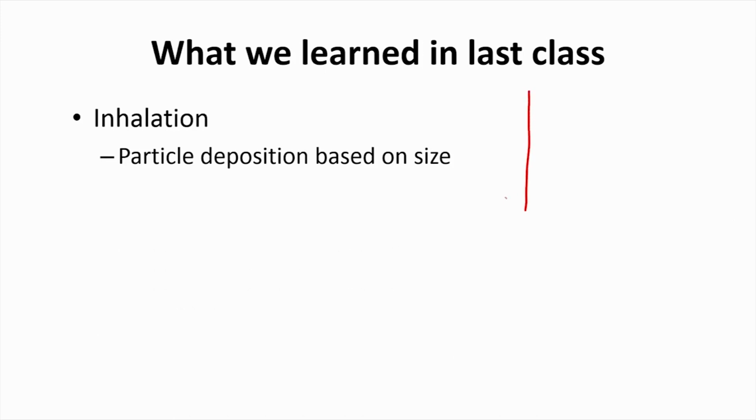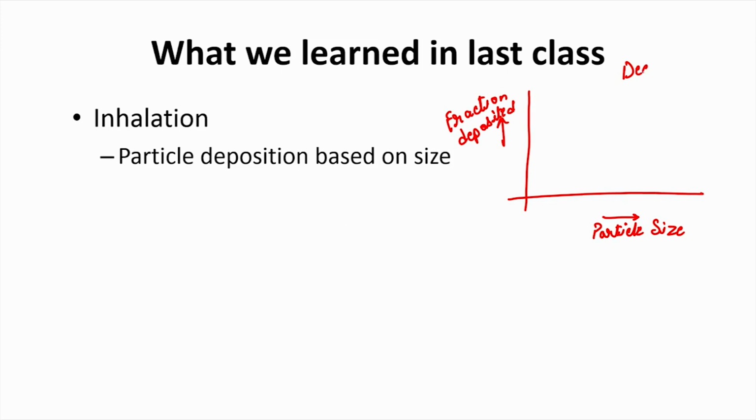So, if I plot it, on the x axis, let us say particle size, and on the y axis the fraction that is depositing, and this I define for deep lungs, which is our major concern when we are talking about delivery. Then what do we get? We will get something of a curve like this, where